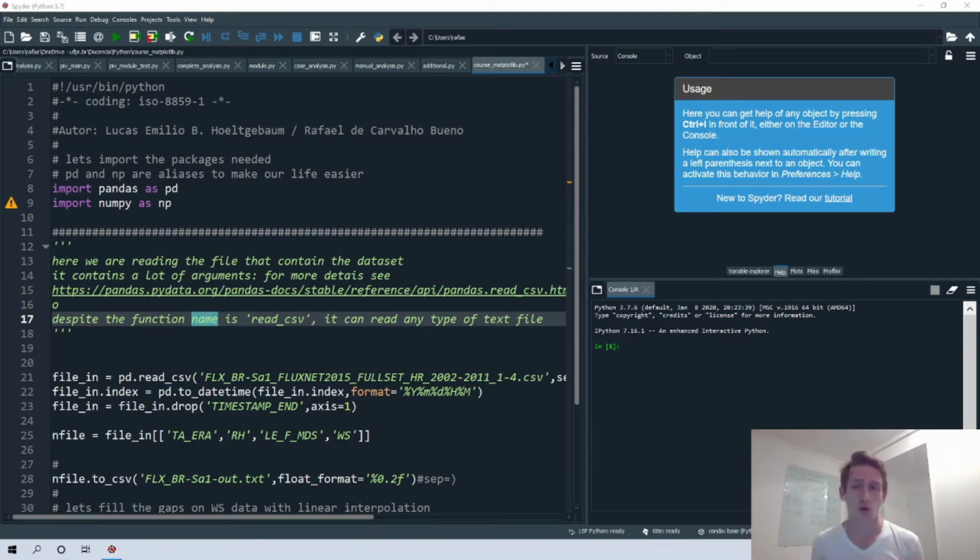Because it's open source, there are a lot of packages available for different applications. You can also create your own package. This is a really great advantage of Python. Of course, there is a disadvantage: it is a little bit slow for heavy calculations.